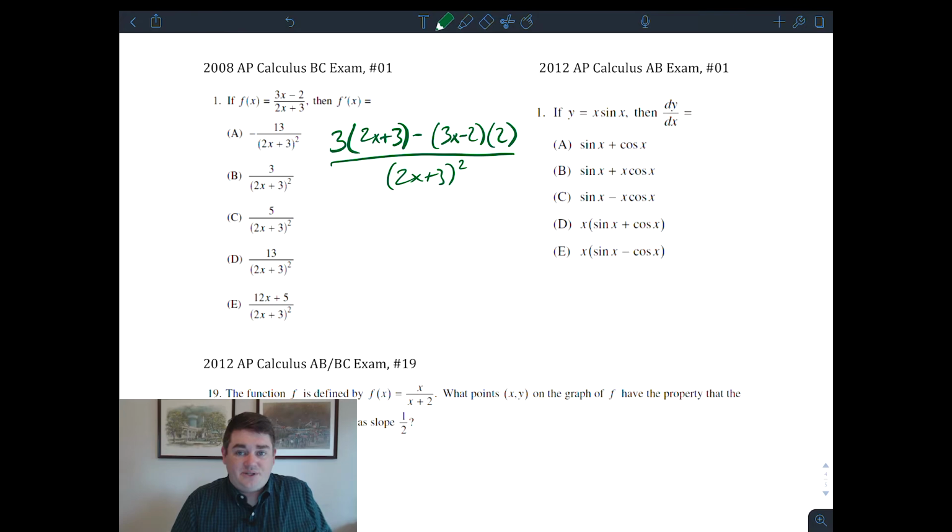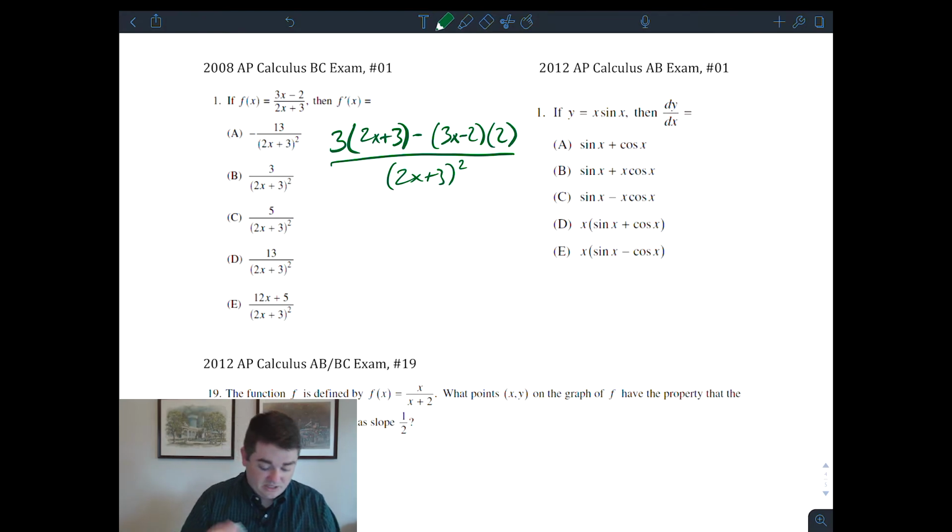So this brings us back to what we talked about earlier. If this was a free response problem, I could stop here, but this is a multiple choice problem. Do any of my answer choices match this? No, so I'm going to need to combine like terms here. What I do notice is that all the denominators are 2x plus 3 squared, so I really only need to